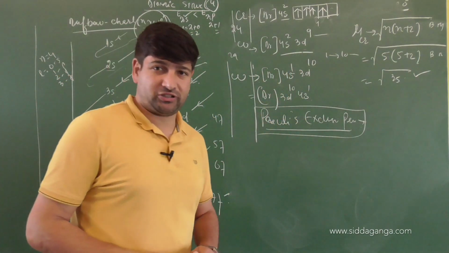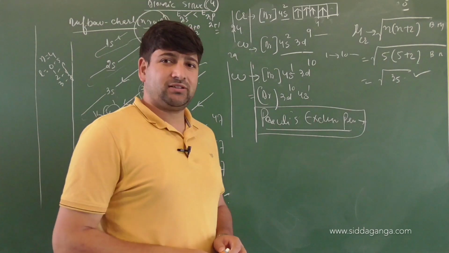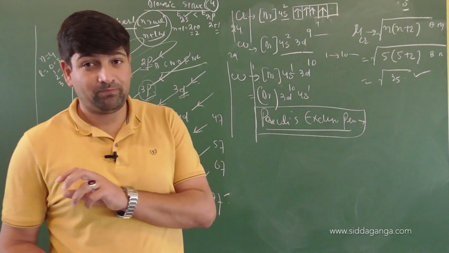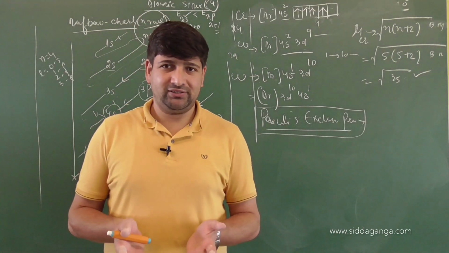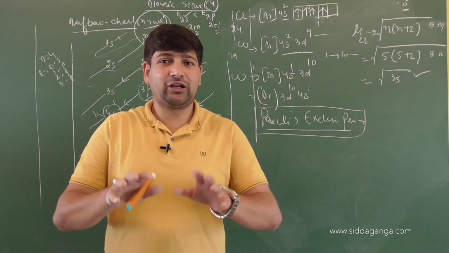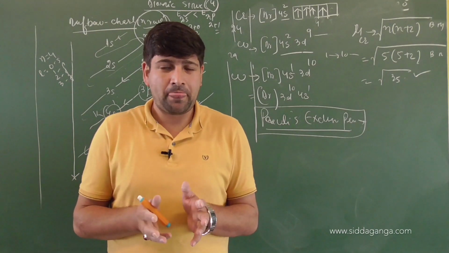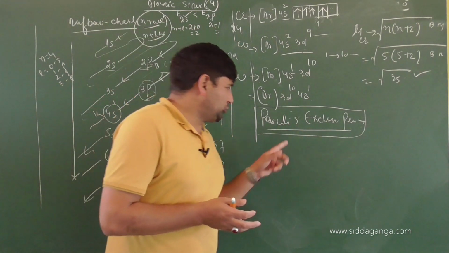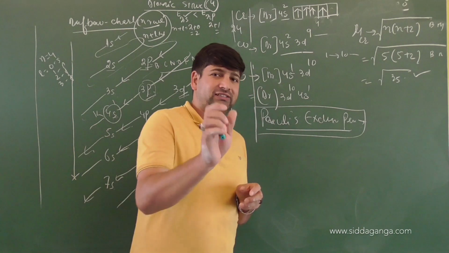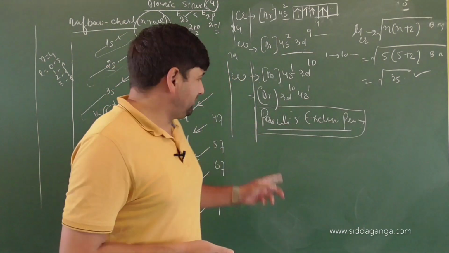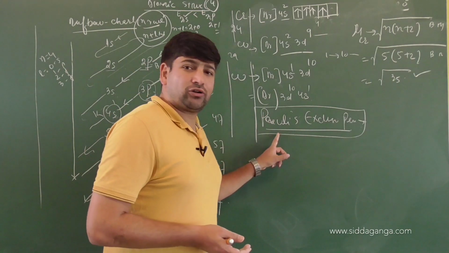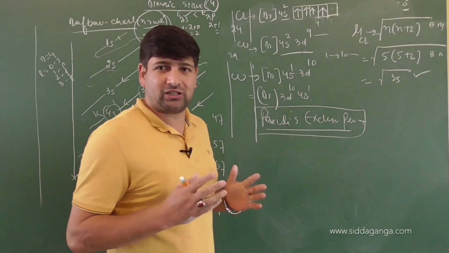Pauli's exclusion principle states that any two electrons, as I mentioned yesterday. If you take any two electrons, what do quantum numbers do? They quantify it, they clear it out, they differentiate it. If two electrons in an atom have the same set of quantum numbers, then obviously it means that the two electrons cannot be differentiated from each other.